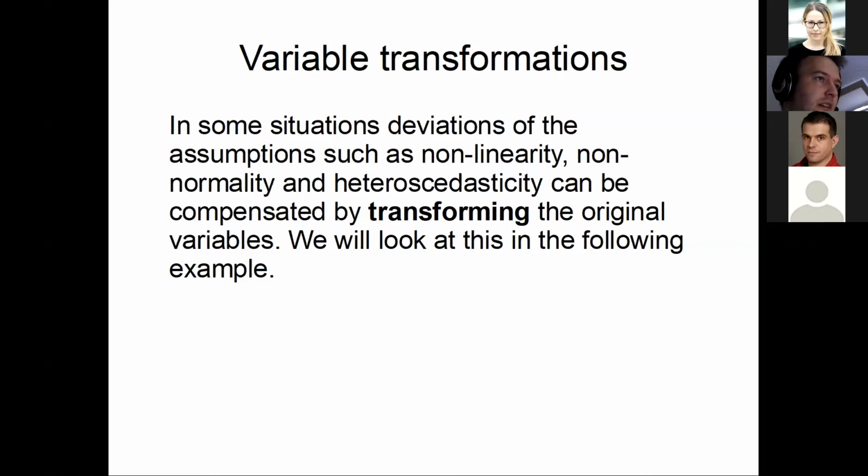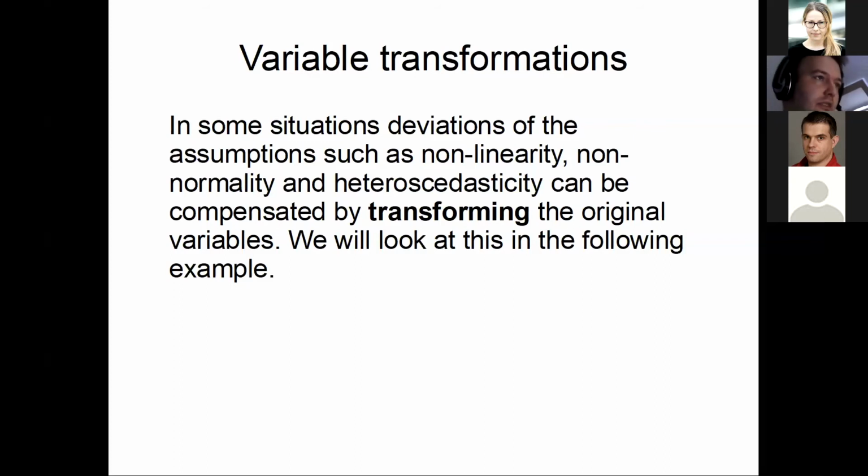Also, this can be used if the assumptions such as normality and homoscedasticity are violated. So this is actually a big term. Don't get confused by it. It just means that the variance is always the same. So you don't have, for example, at an x value of 1 a different variance than the variance at the x value of 100. This we call formally homoscedasticity, and this is assumed in linear regression and can't be violated. But we can compensate for it by transforming the original variables.